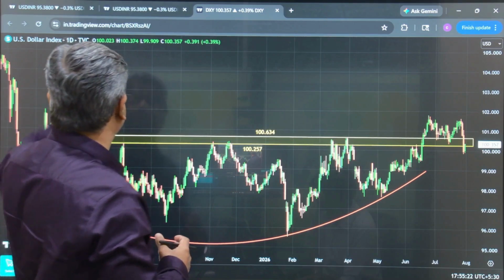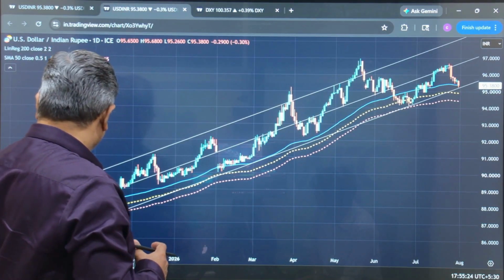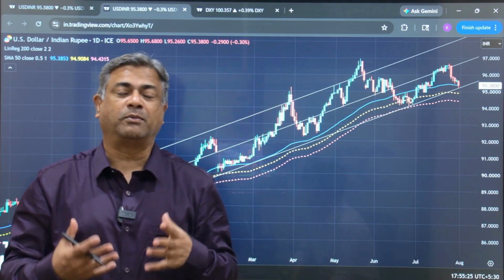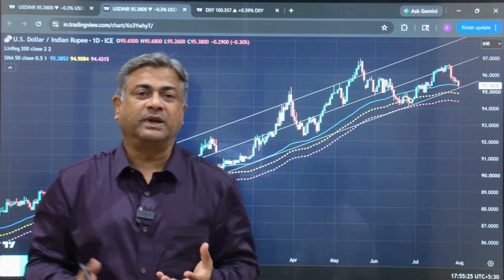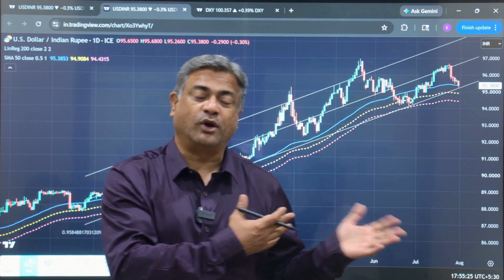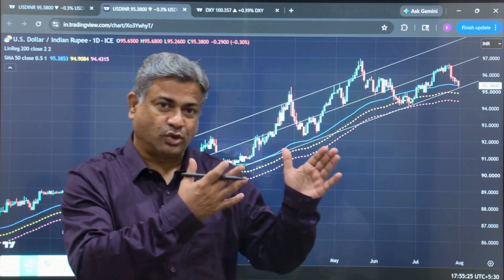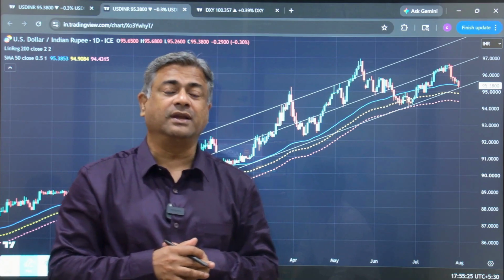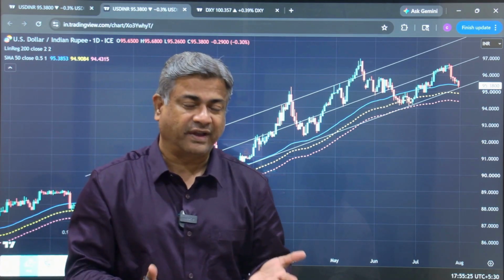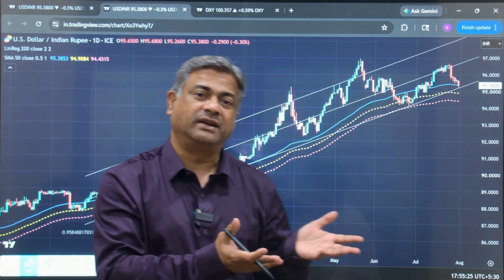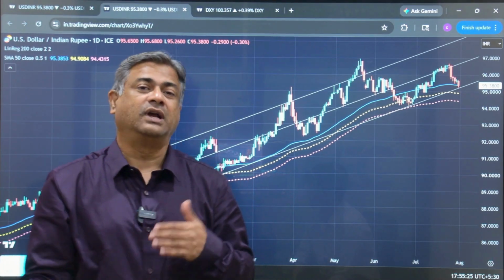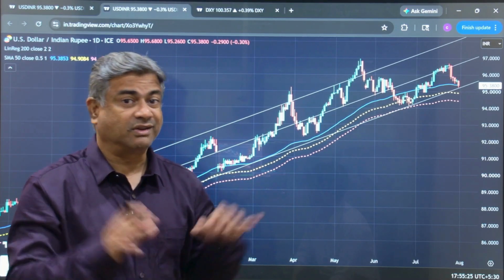Let me come to dollar INR as well. A weak dollar index helped the rupee, and it opened at 95.38 compared to yesterday's closing of 95.69. So a big down-gap opening, and today the rupee gained as much as 95.25, but at the end of the day it closed at 95. So the close is at the same price, even though we saw the amount of downside in the dollar today.